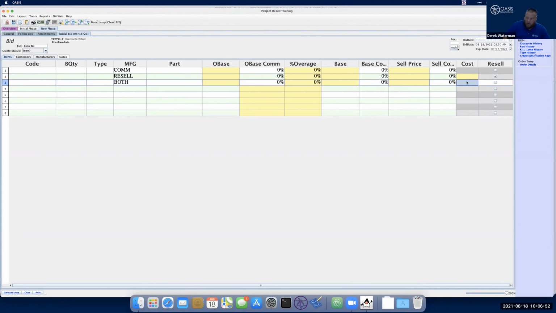On a side note, if you enter any cost, it automatically will check that. So once you have a cost entered, it will assume you're in a resell scenario. So that's just a quick way to check for that, to make sure your settings are right. If you're not able to check resell, something's wrong when you're doing a resell